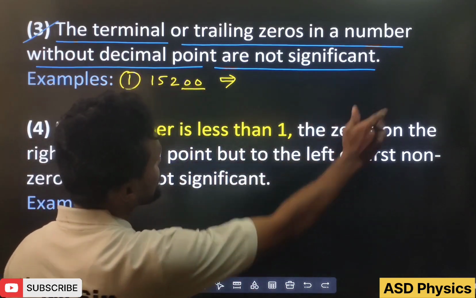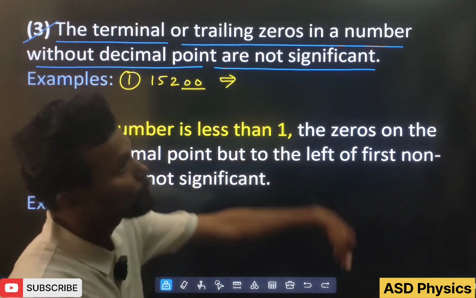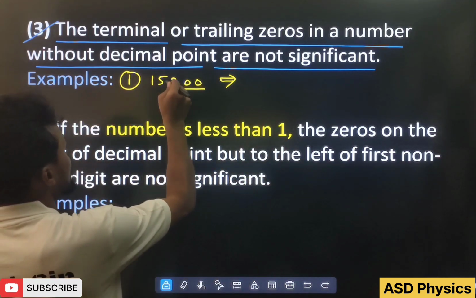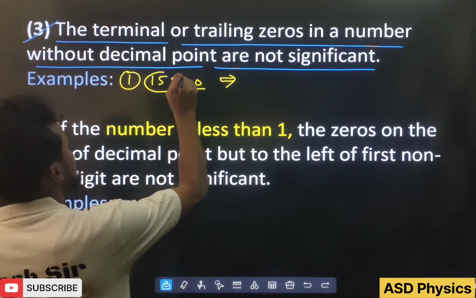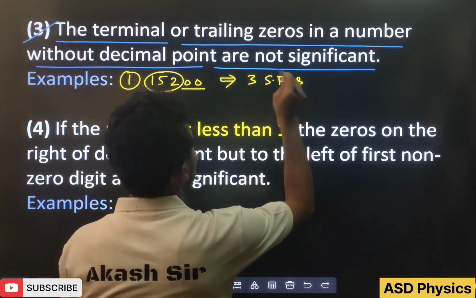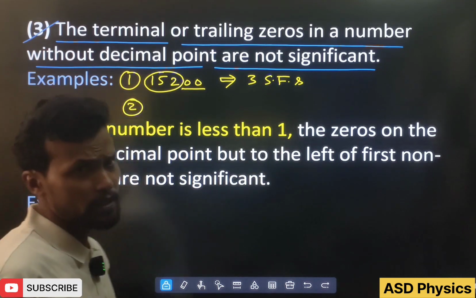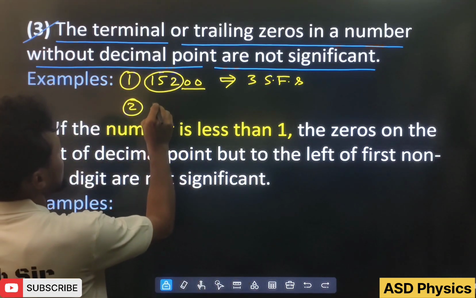They are the ending zeros, terminal zeros. So these zeros are non-significant. If we remove them, how much will be left here? 1, 2, 3. That means these 3 are only significant figures. We can write that in this number 3 significant figures are there. Okay, similarly, if I talk about the second one, let's take this given here, see